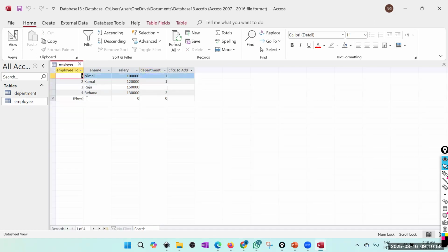So therefore, Nimal is working for department 2, Kamal is working for department 1, Raju is not working for any department, and Rehana is working for department 2. Okay. So when you're adding a department ID, remember I asked you to tick